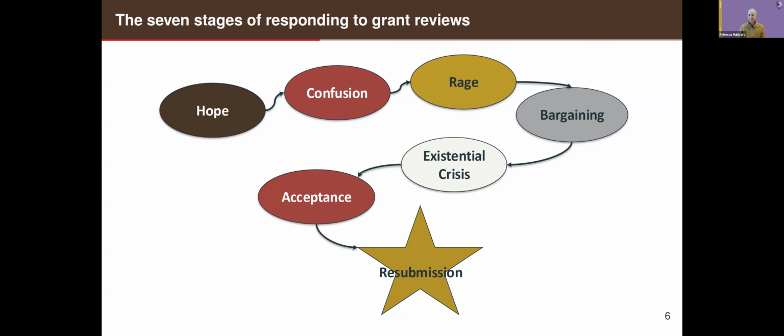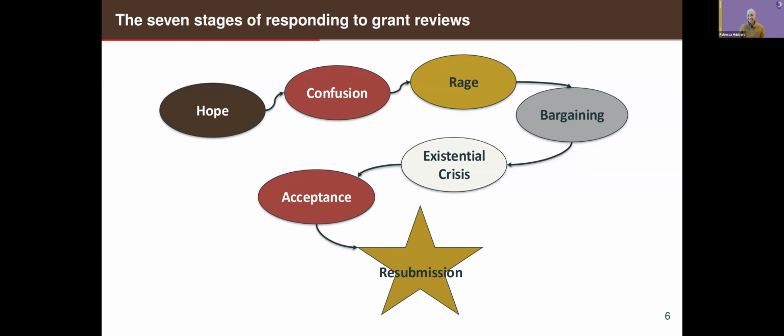Once you get deep enough into that process of bargaining and revision, I often find myself at the existential crisis stage. At the existential crisis stage, I usually say something like, I'm just going to lay on the floor now for a while. And while I'm down there on the floor, staring at the ceiling, what I ponder and what I say to myself is, is this even work that I want to do anymore? Or have I changed it so much to respond to the reviewers that it no longer resembles what I originally wanted to do? And I don't even know what I'm doing anymore.